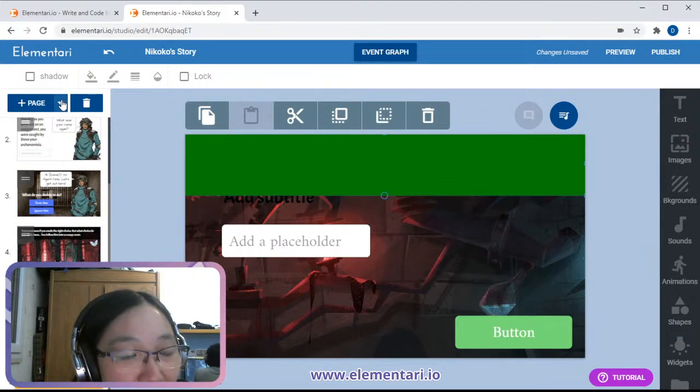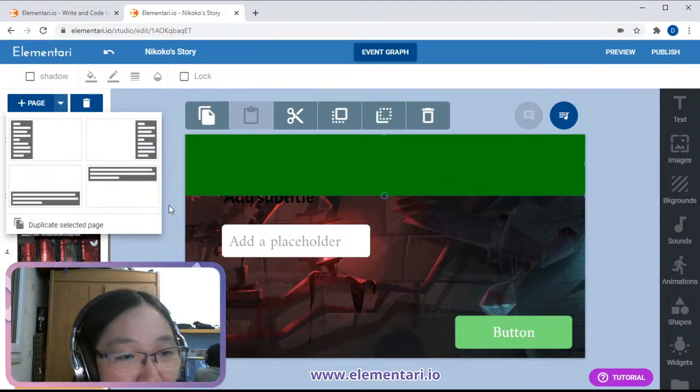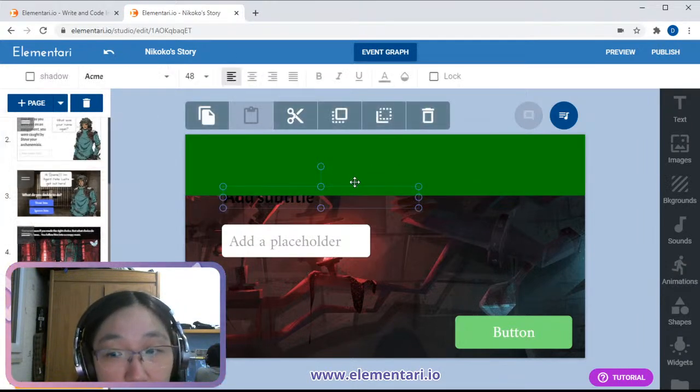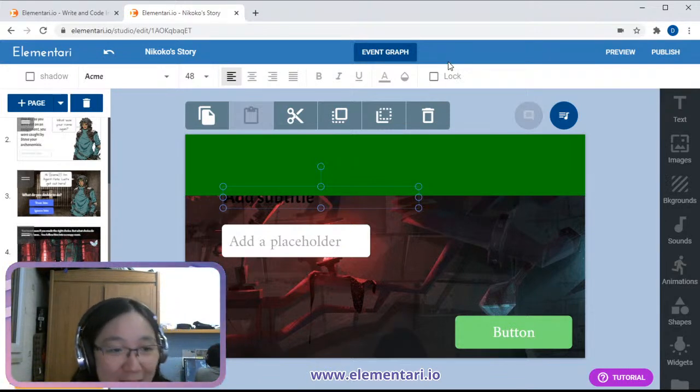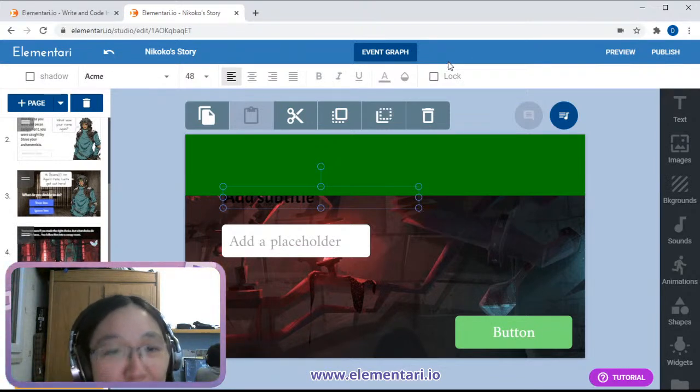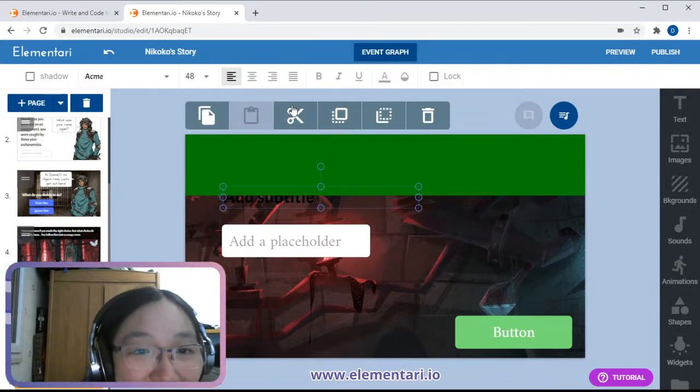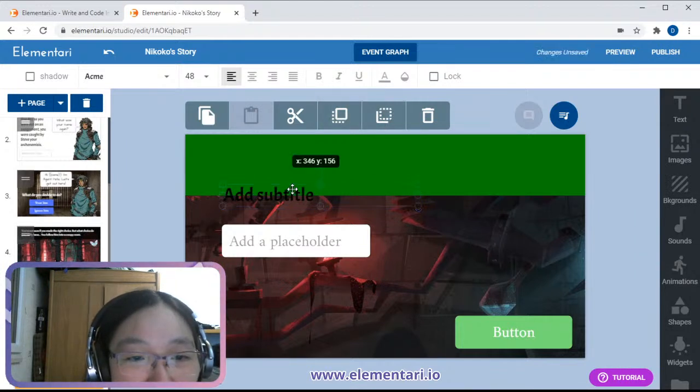You have a down arrow and you can actually preset the top and bottom stuff. You can also duplicate a selected page, which duplicates all of your code on top of that. That's really useful if you do want to go the route of making a quiz. You don't have to code the question and answers 50 million times. You could just duplicate the page 50 million times instead. So I'm going to bring this to the top.